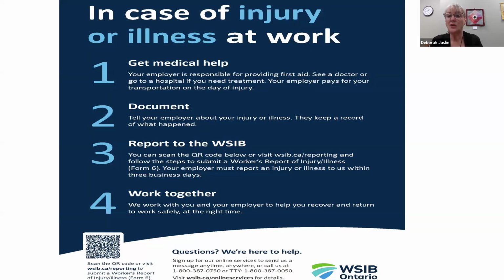And for the employer, you're able to have someone come in to do the work, and maybe that's part of billable time or helps your profit. And also the most important part is that you're helping that employee heal and come back to the best pre-injury state possible. Moving up on the 1, 2, 3, 4, basically number 1 is get medical help, 2 is document.